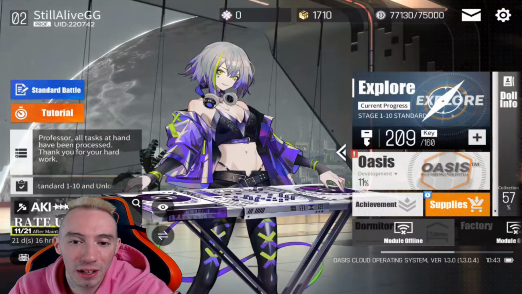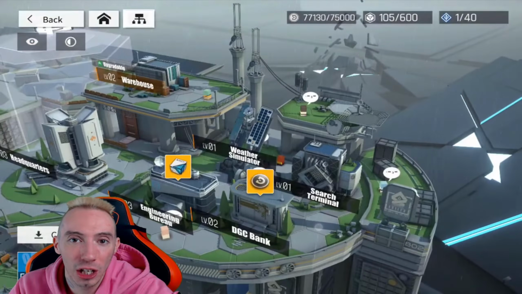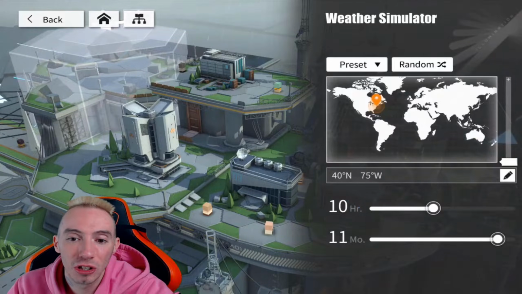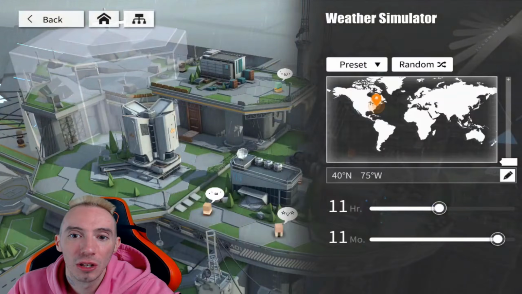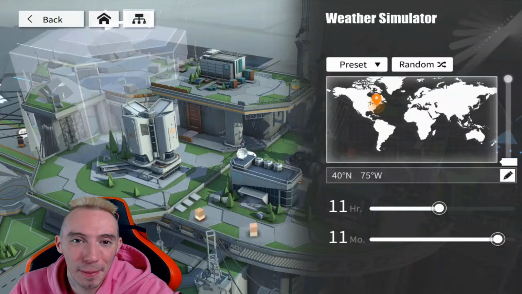One of my favorite areas of the game is the Oasis. This is your little city where you can go ahead and construct new buildings that can give you a bunch of different benefits. There's some buildings that will passively generate rewards that you're going to need to help power up your dolls. There's other things like a trading post, and also a really cool feature